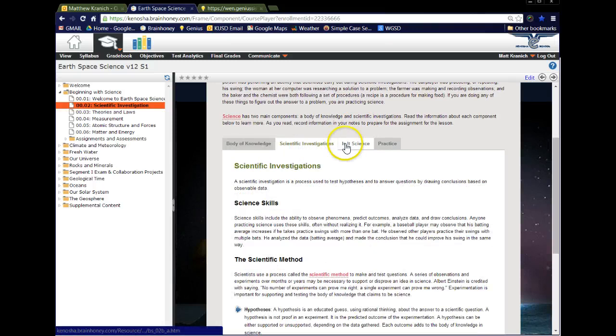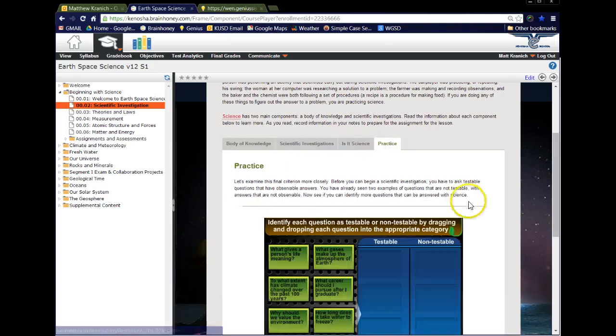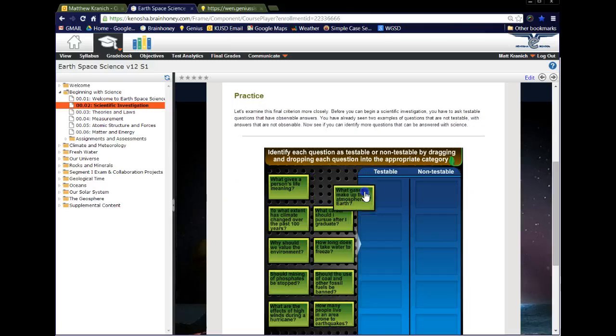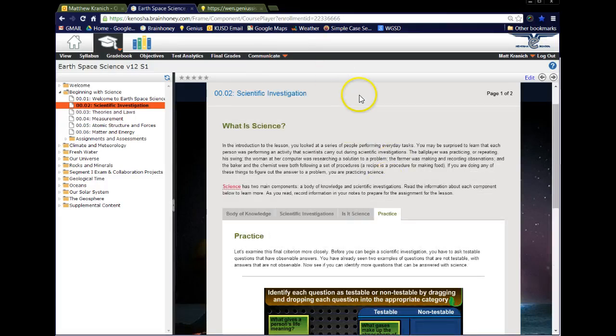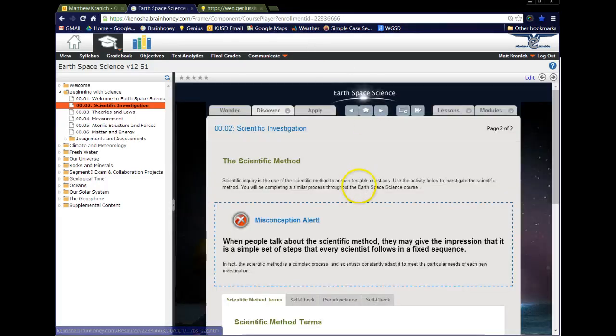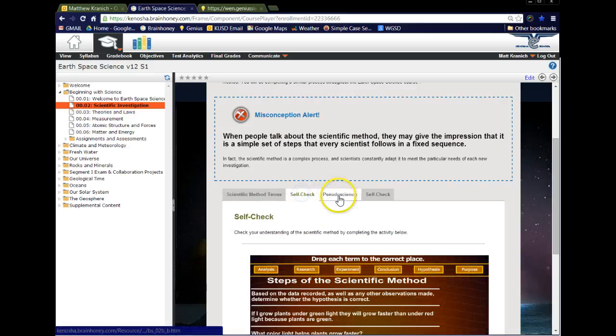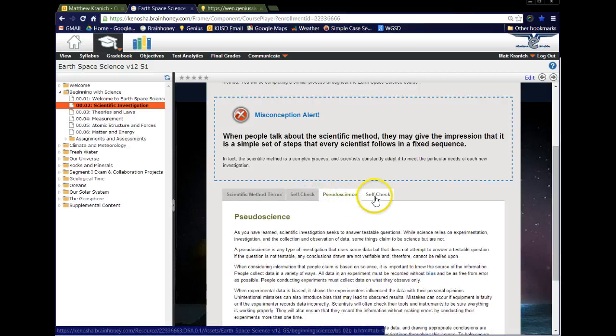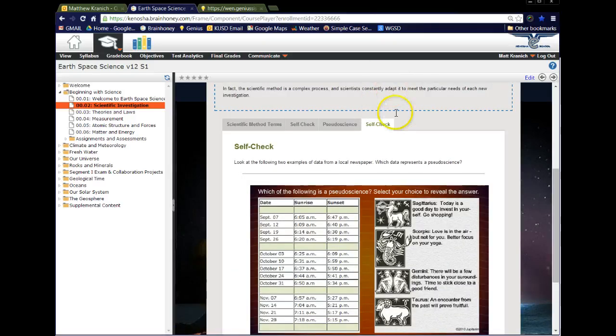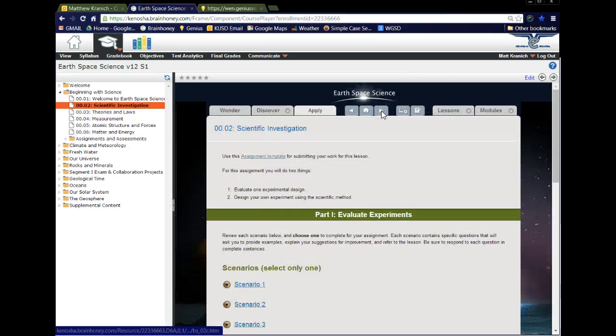There are different boxes. Some of them have a lot of fun stuff. Here you get to move the boxes over into whether it's a testable or non-testable science problem. If you put it in the wrong box, it yells at you and flashes red. Moving forward in the lesson, more stuff, more tabs to click on, more interactive stuff, and finally we get to